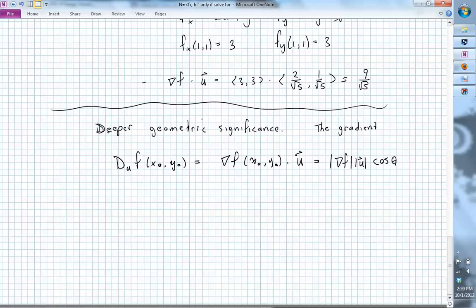So in terms of these quantities, I get that, right? And I'm suppressing this x naught, y naught thing, but we secretly know that this is being evaluated at this point, x naught, y naught. What about this right here? 1, because it's a unit vector. Okay, so what we're left with is,